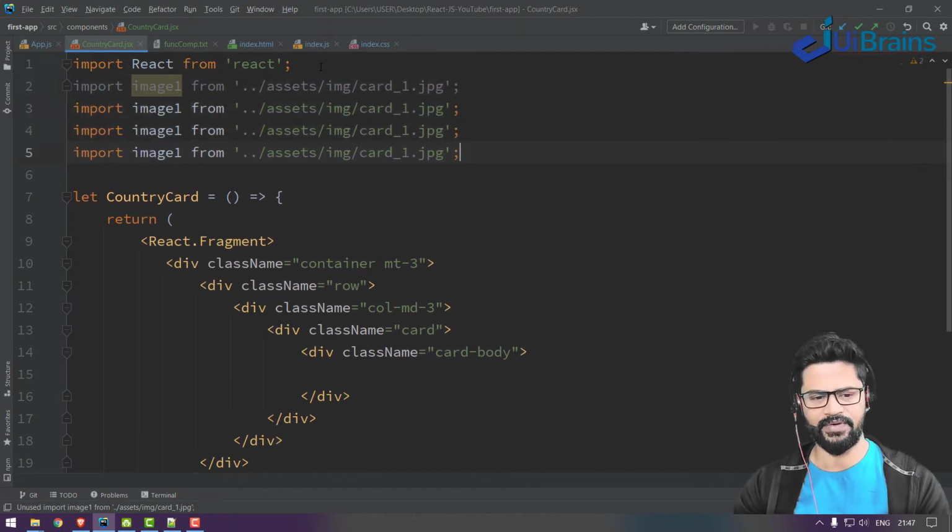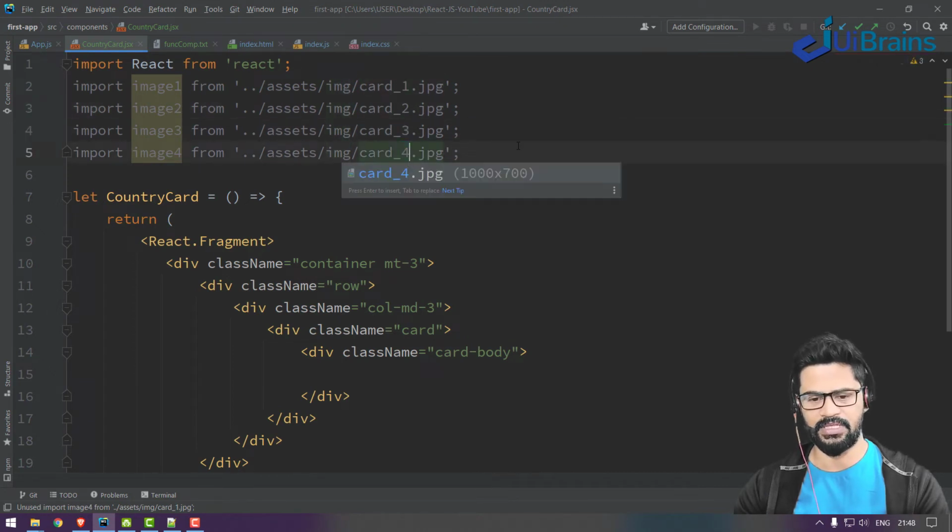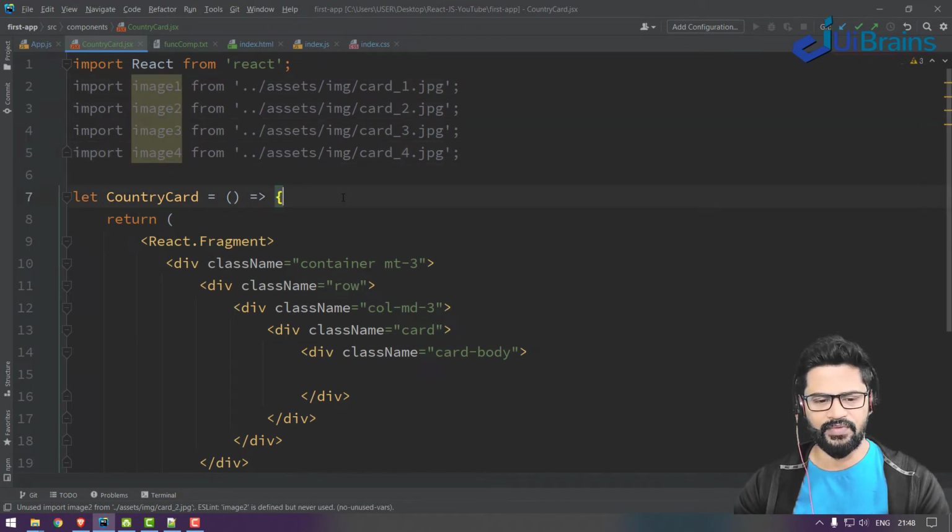Like that I need four images, so I say image2, image3, image4. I have given the names card1, card2, card3, card4, but you can rename them to whatever name you want. Okay, I have imported the four images.